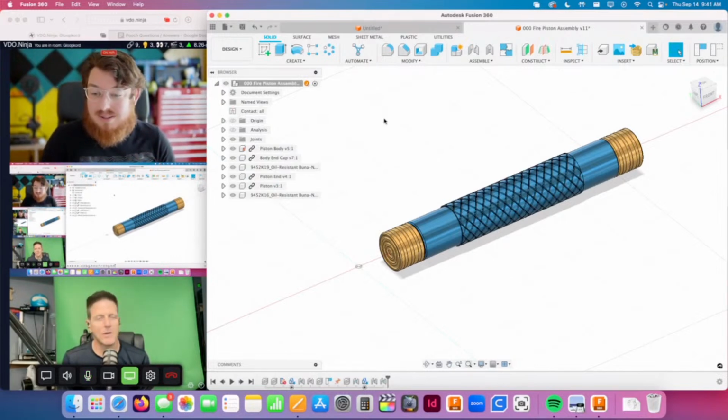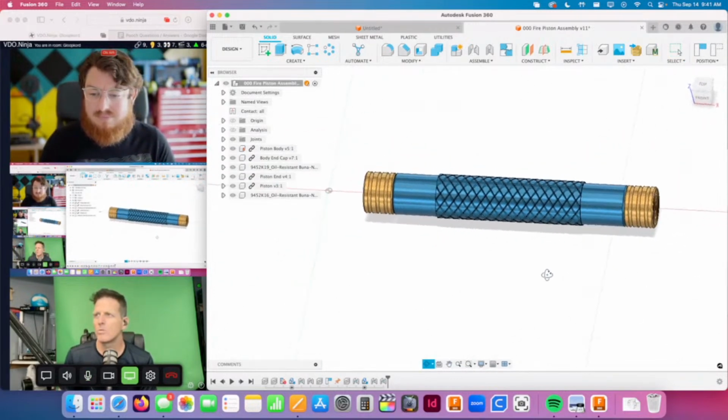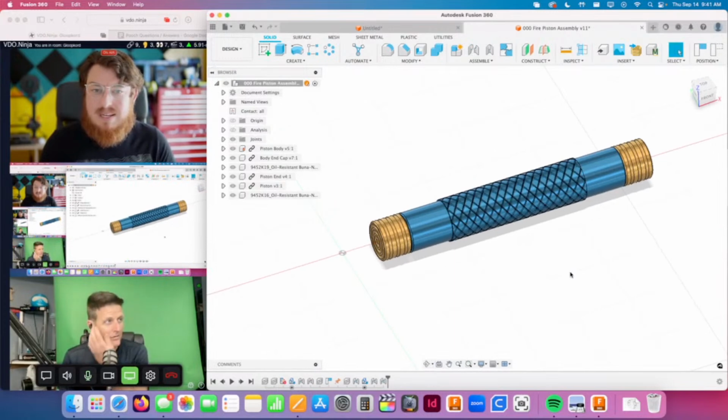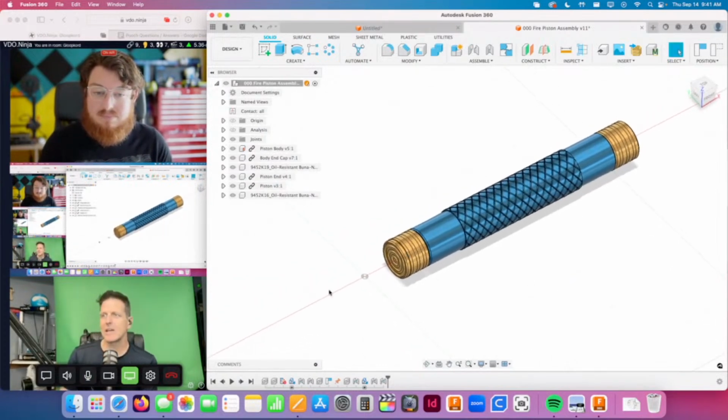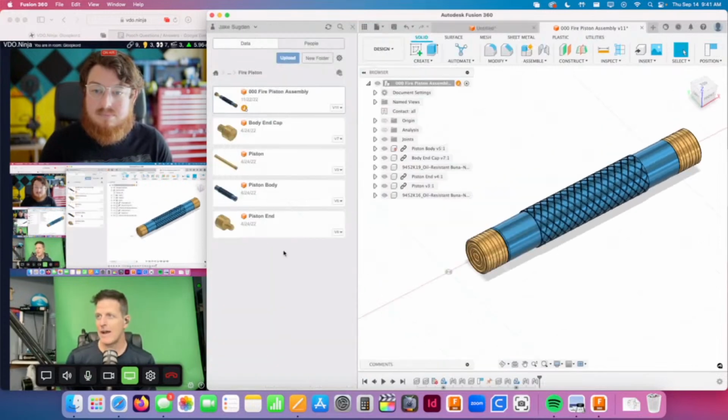This is exactly right. So, you guys, there's a little bit of a bug where the screen share won't show his drop-down menu, but if you go File, Share, there's a link, Autodesk Gallery, GrabCAD. You can actually share to GrabCAD even directly from here. And so what a handy way to go about it. And then it'll retain. So I guess the other thing to point out then is I can see you have some linked